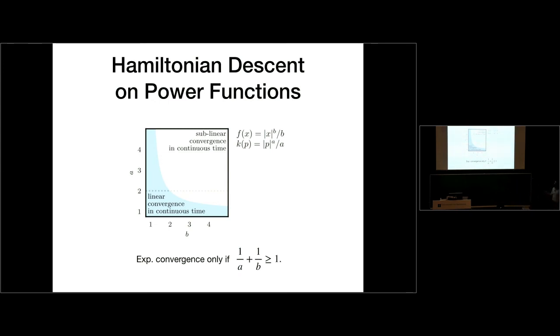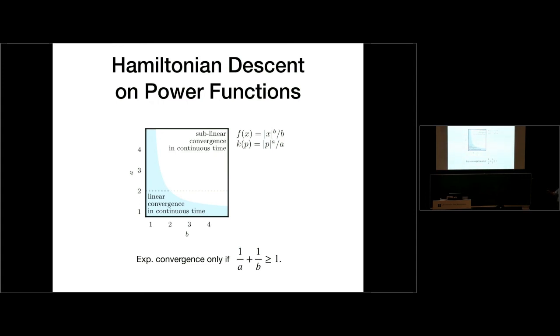In the gradient descent case, we just had a line. But now because we have B and A, we have a two-dimensional plane whose regions we want to delineate. You can show that exponential convergence happens only if 1 over A plus 1 over B is strictly bigger than 1. In other words, you have a region up here where, unfortunately, the optimization community calls exponential convergence linear. So just ignore that. It was the biggest mistake. Anyway, up here you have sub-exponential convergence. And in this area you have exponential convergence.